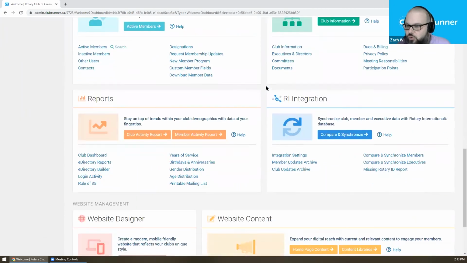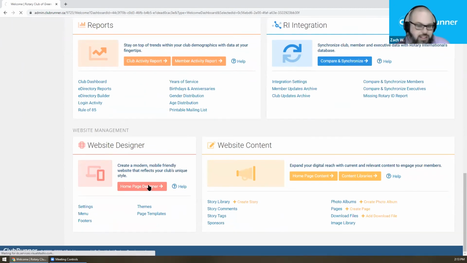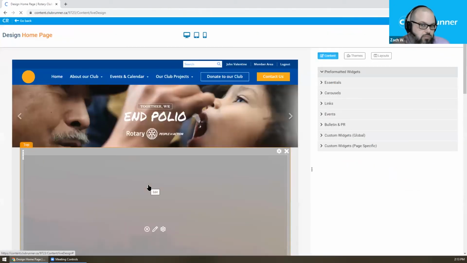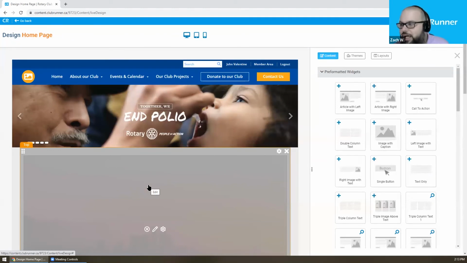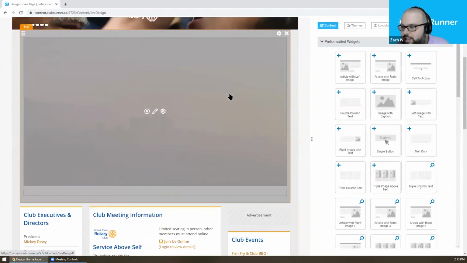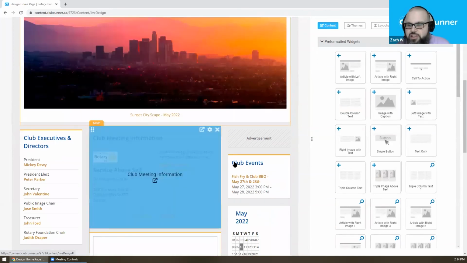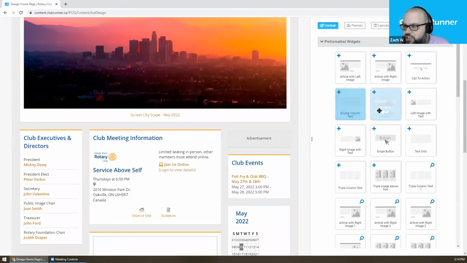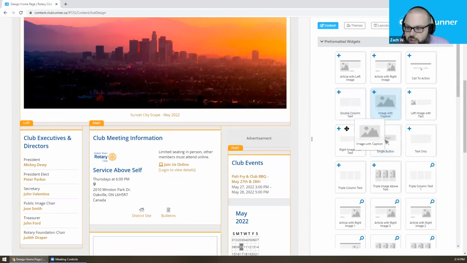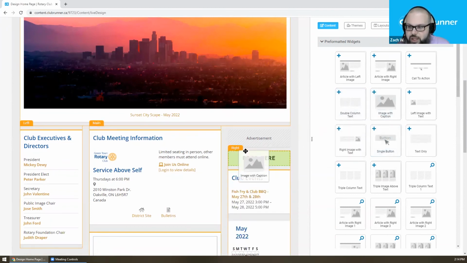I'm just going to scroll down and use the nice big homepage designer link here. So if you did have a picture and you specifically wanted to have it with a caption, for example, you're working in your bulletin or your homepage and you want a picture with a caption, we have a really great widget for that called Image with Caption. So if you drag and then drop that onto the page,